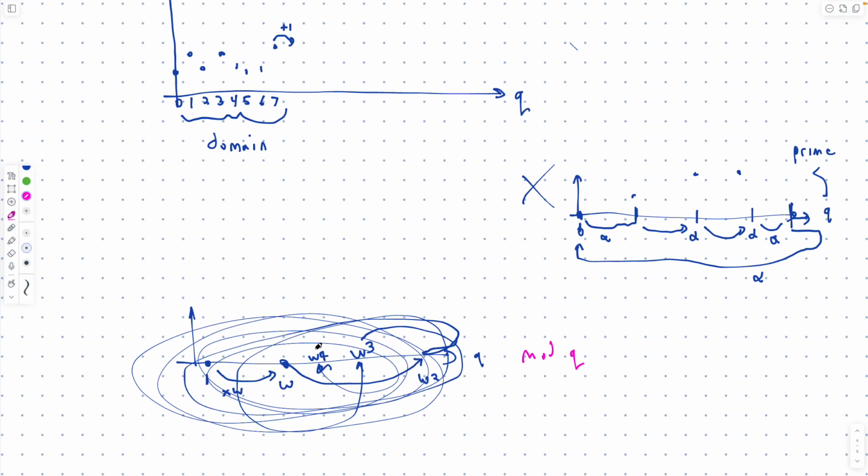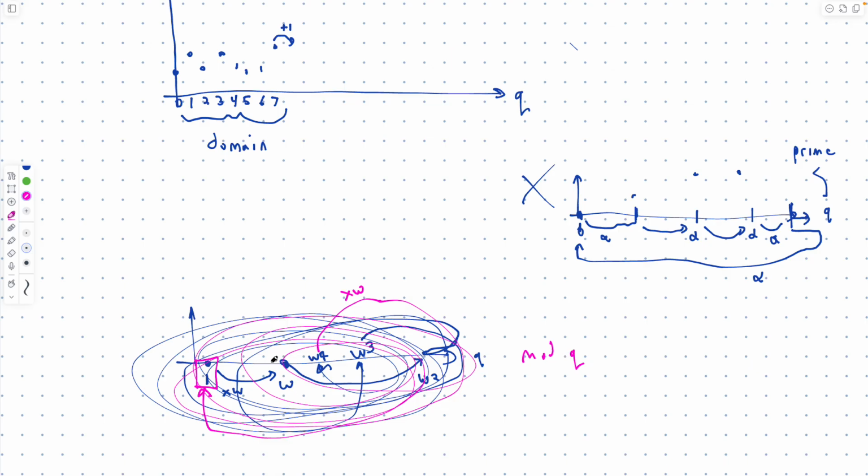Then, is it possible that I start at omega to the 4, I multiply by omega, I wrap around a bunch of times because it's mod, and I end up back where I started? So what I need is an omega that divides, not subtracts, but divides the order of q. The order of q is q minus 1. So if I can find an omega value that divides q minus 1, whatever q minus 1 is, then